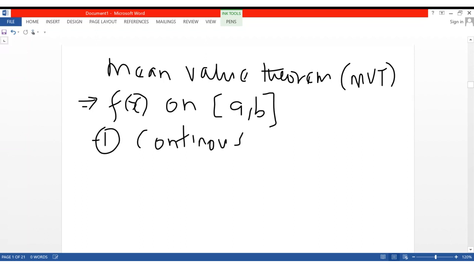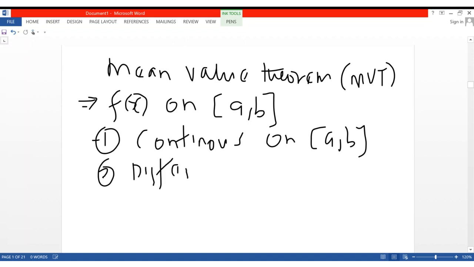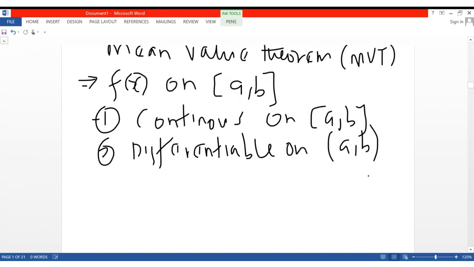Number two, it has to be differentiable on the open interval. When I use this bracket, it means open interval. We shall do the closed and the open interval in the next class. If f of x is continuous on AB and differentiable on AB, then